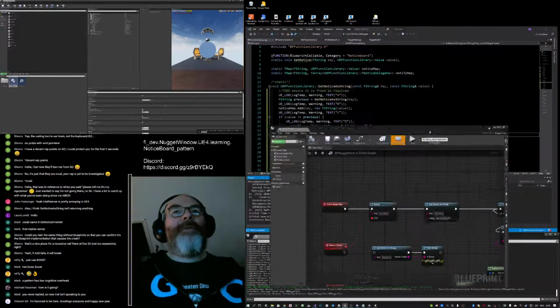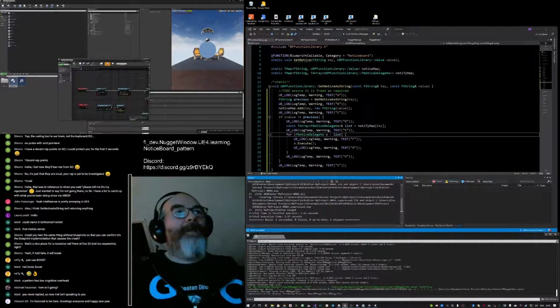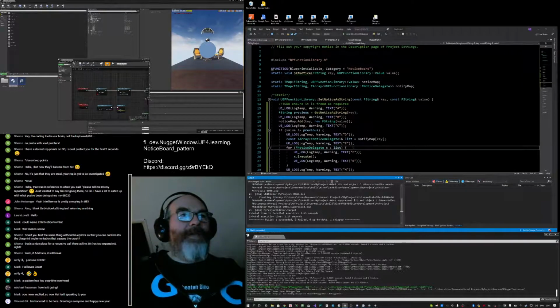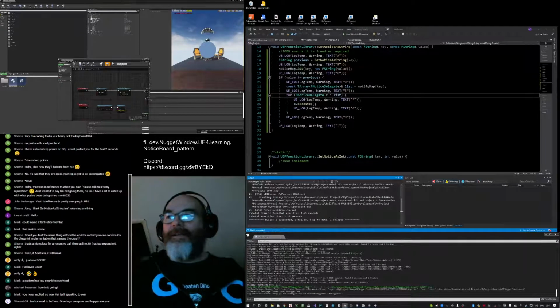The problem here is that I don't know if the behavior of the logging system in Unreal is such that if you've said it, it's actually in the log, even if it crashes immediately after.